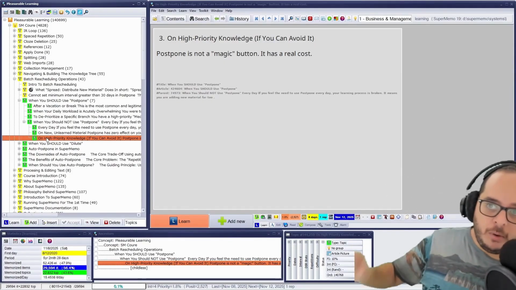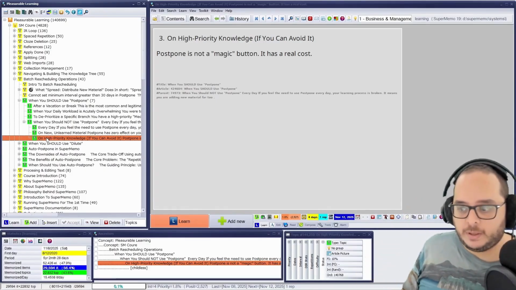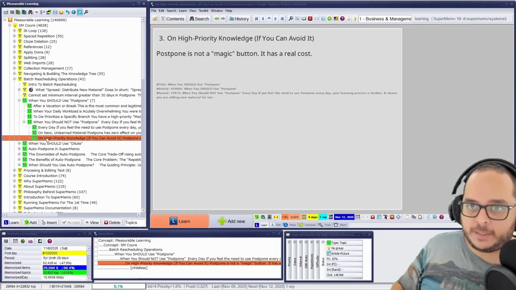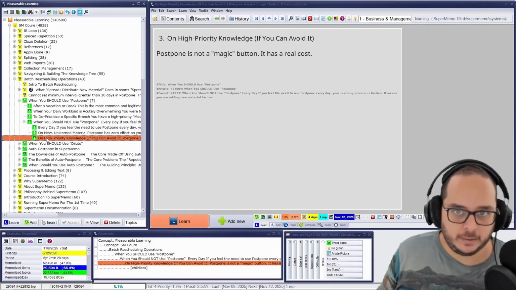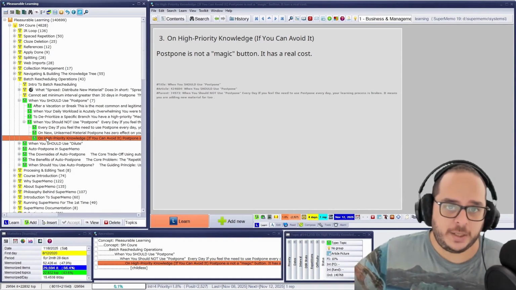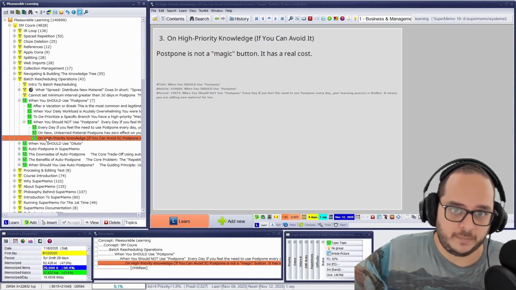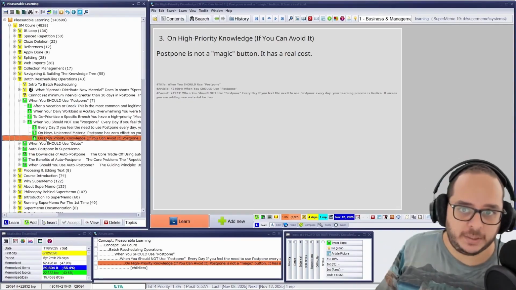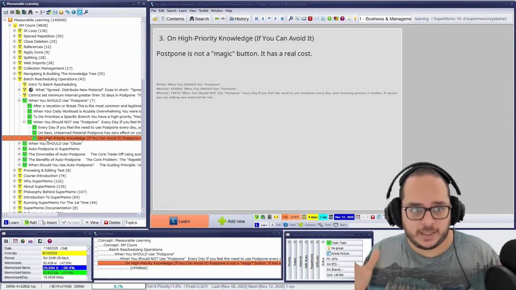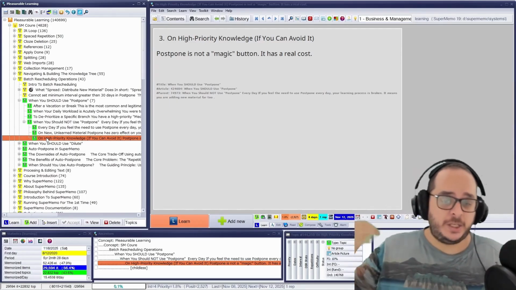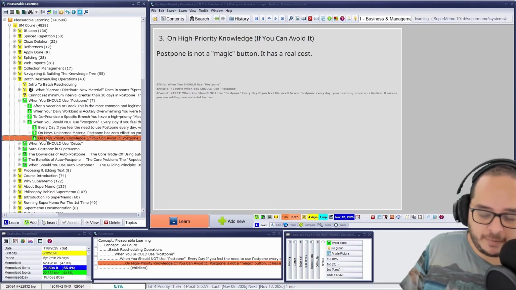No. I will change my postponing settings to 0.7, so everything above 0.7 gets postponed, so I can zero off the outstanding queue every single day. It's just a vanity metric that you are just harming yourself with. You are only creating damage here. There's nothing positive. I want to emphasize that, even though it's not the point of this video, it's so relevant, so important, that I want to make it clear in different videos.